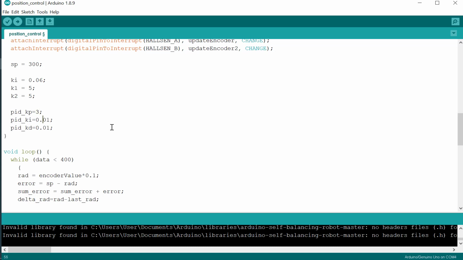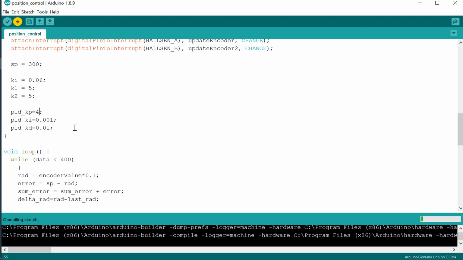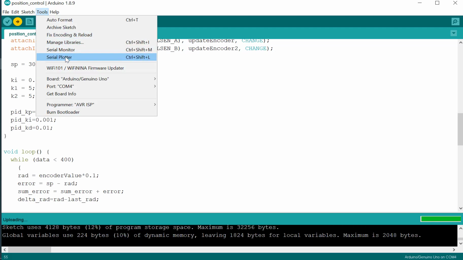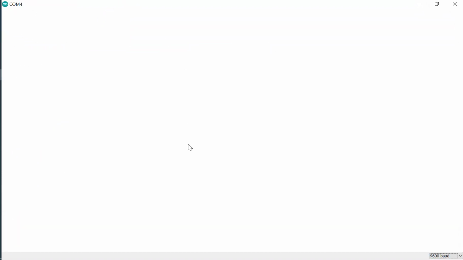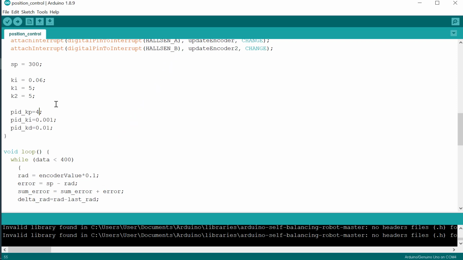Okay, we will decrease the integral control value. Okay, still have the steady state error. We will increase the P.